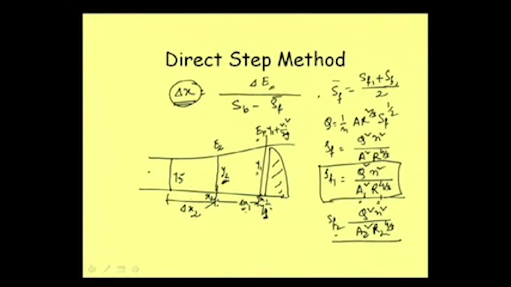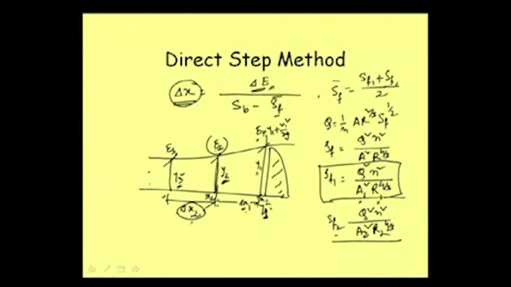The other things all remain the same. Now we know E2, so E3 we need to calculate. That means the difference between E2 and E3 will be our delta E. Then we can calculate SF3, and just following the same procedure that we have adopted for computing from here to here, knowing this y2, we can now compute this distance delta x2, which will correspond to another depth that we are considering from our side, y3. So this way we are calculating delta x2.